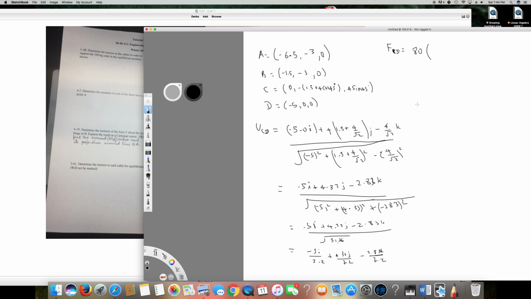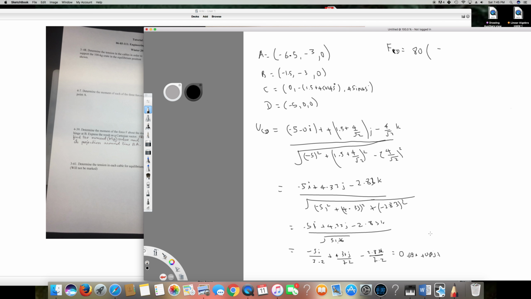To find the force, I have to simply multiply all three by 80. So if I multiply, what will I get? First of all, let's find the decimal number for each. 5 divided by 7.2 is equal to 0.69, so 0.69i, and 4.33 divided by 7.2 is equal to 0.60 j,